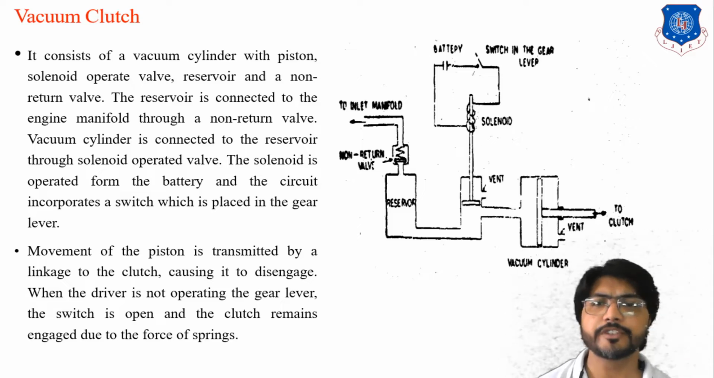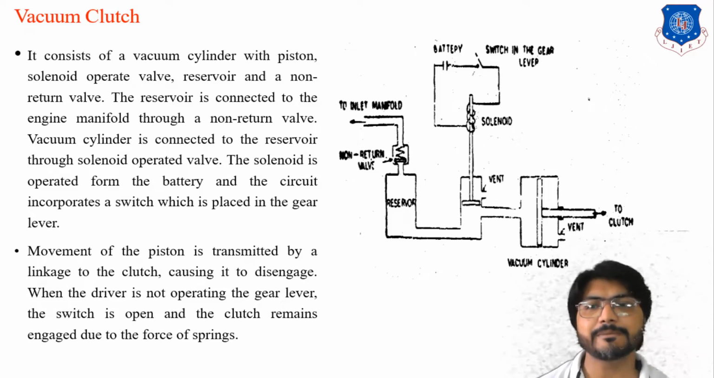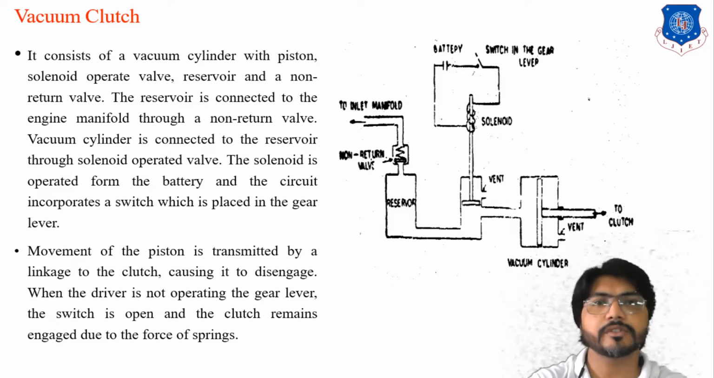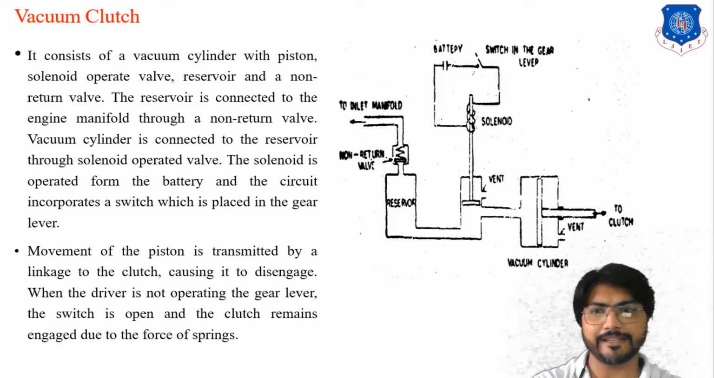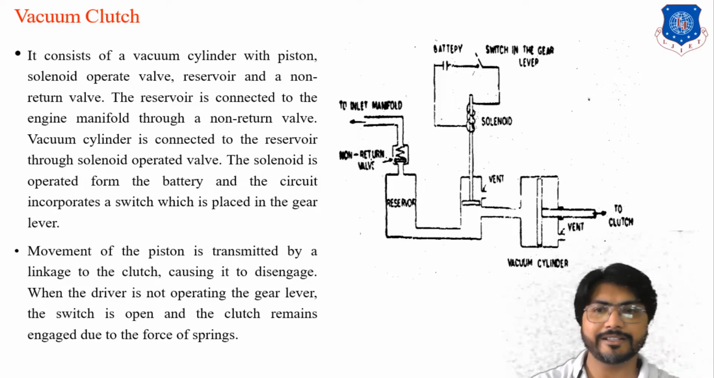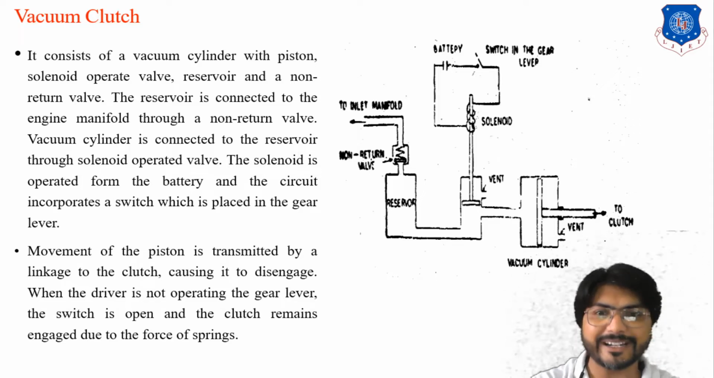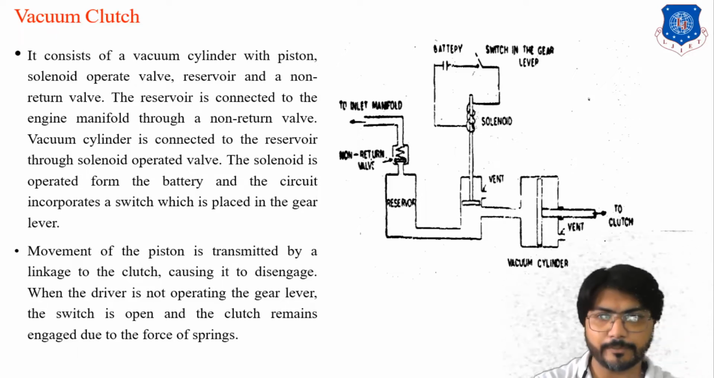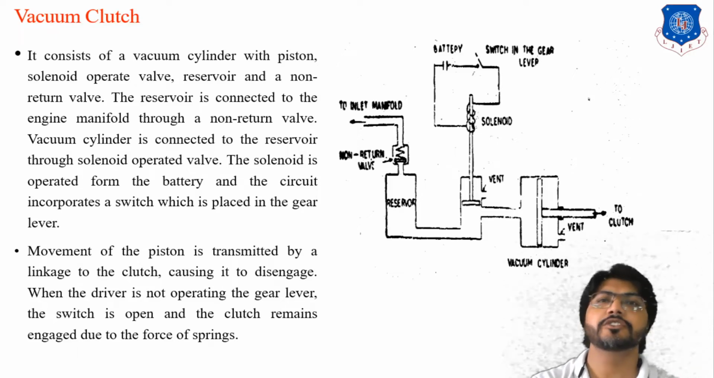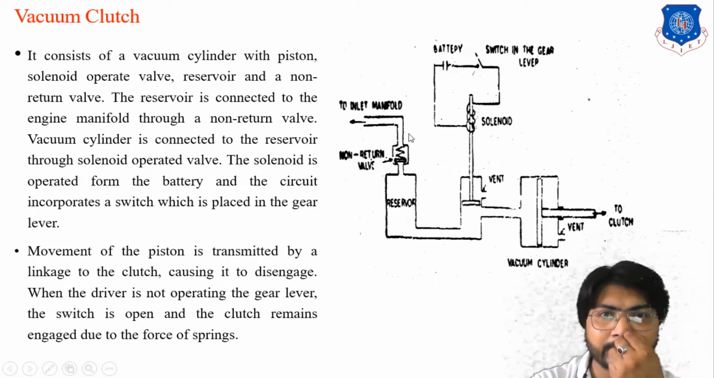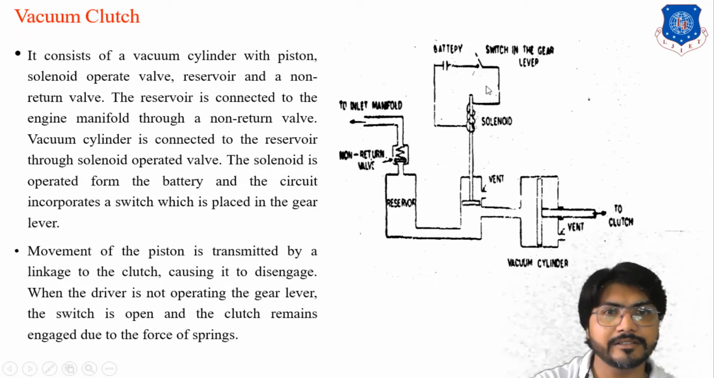The movement of the piston is transmitted by the linkage to the clutch, causing it to disengage. When the driver is not operating the gear lever, the switch is open and the clutch remains engaged due to the force of the spring. Here there is a reservoir, a non-returning valve, a two-outlet manifold, and the solenoid connected